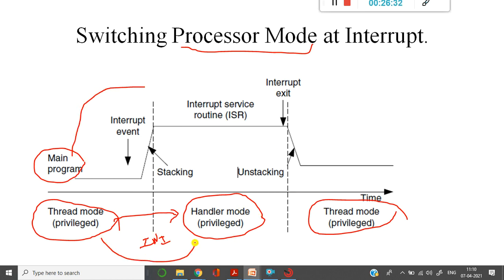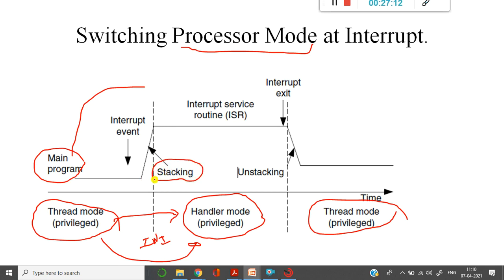But during this process, how is the interrupt going to be handled? I need to save this address, because after executing the program that is present in the handler mode, I should come back. So I need to save this. What operation do we call it? It is called a stacking operation. We will push the data onto the stack, and store the address of the next location, and store the return address in the LR. All these operations have to be performed, and we call this a stack operation or stacking.